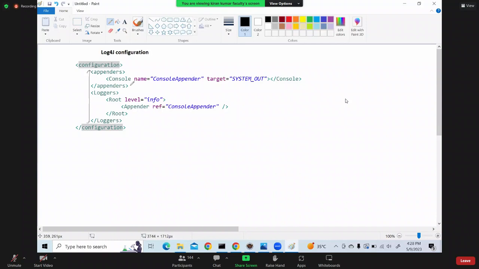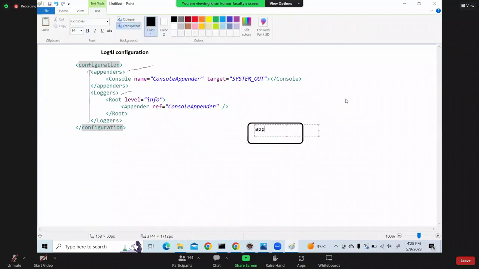So where we have appenders and loggers. What do you mean by appender? Appender is nothing but... appender means